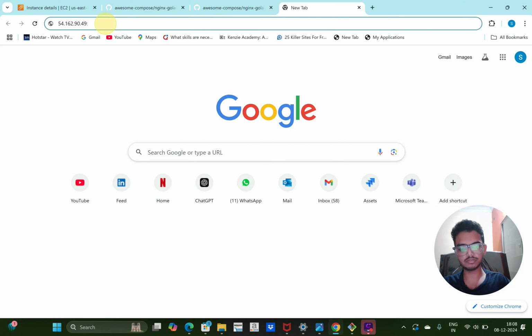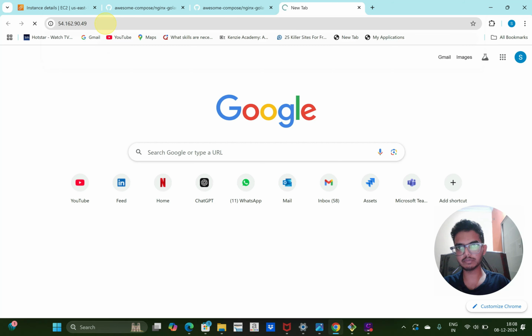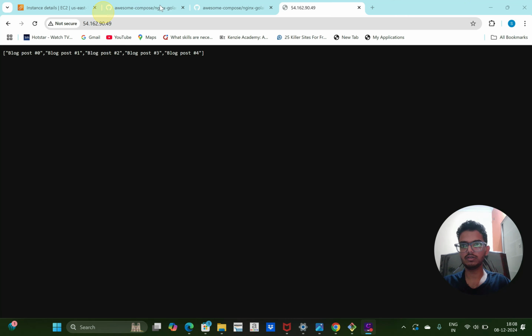Also I can check this particular application in a browser using the IP, then port :80. So here you can see the application is up and running. I will get the same details as when I do the curl. So that's it. This is how we can create an application using Docker Compose.